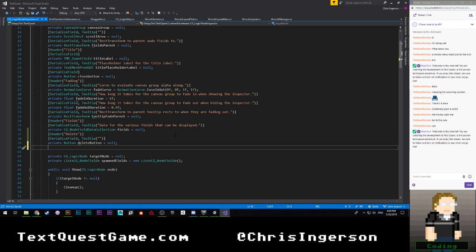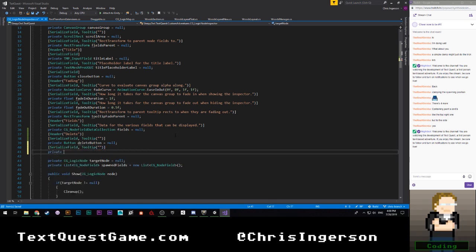I'm going to add a serialized field, tooltip, private, modal option. This will be our delete confirm option is equal to new, and we're just going to say,